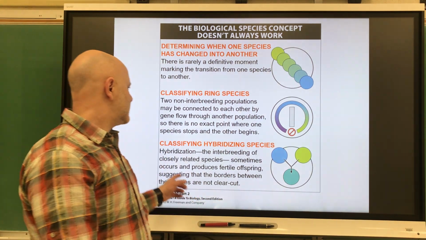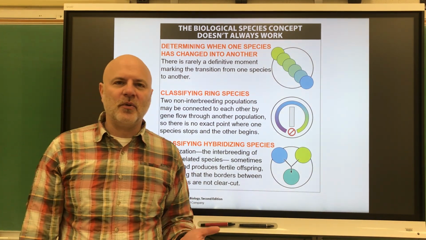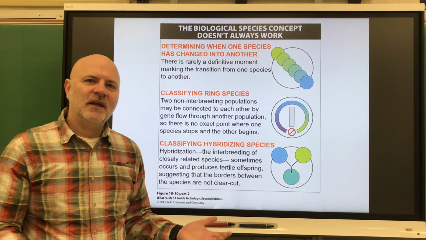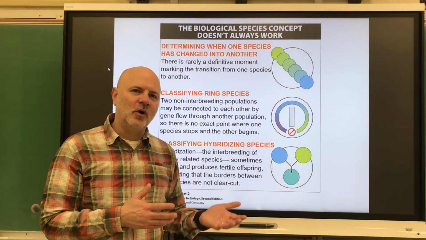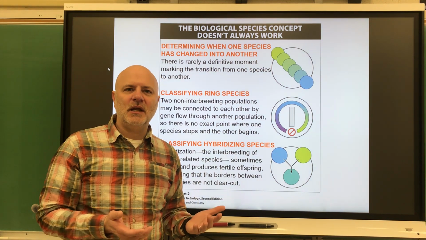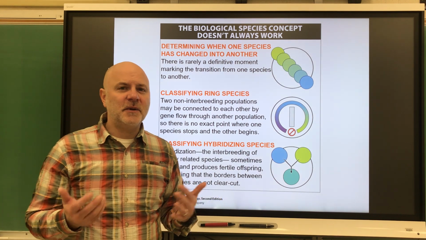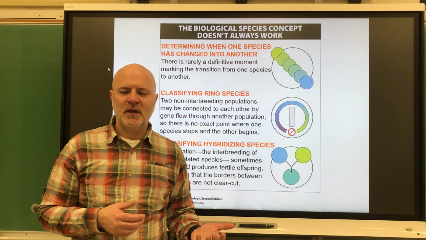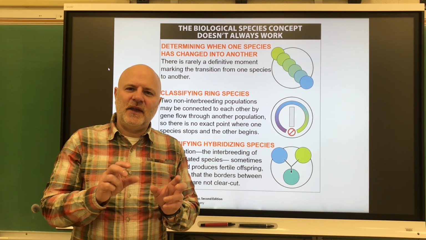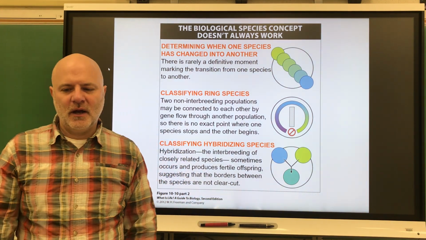All right, next is classifying hybridizing species. So hybridization, this is an interbreeding of closely related species. All right, and in this case, the hybrids are fertile. And this is what we can see sometimes between wolves and coyotes, and wolves and dogs, and coyotes and dogs, is that they can interbreed. But what we typically find with wolves and coyotes is they typically don't, and that's because their behaviors are very different from each other. So it's really hard in some situations to go, oh, they're separate species, if they can actually reproduce with each other. So that's why behavior is an important thing to look at as well.